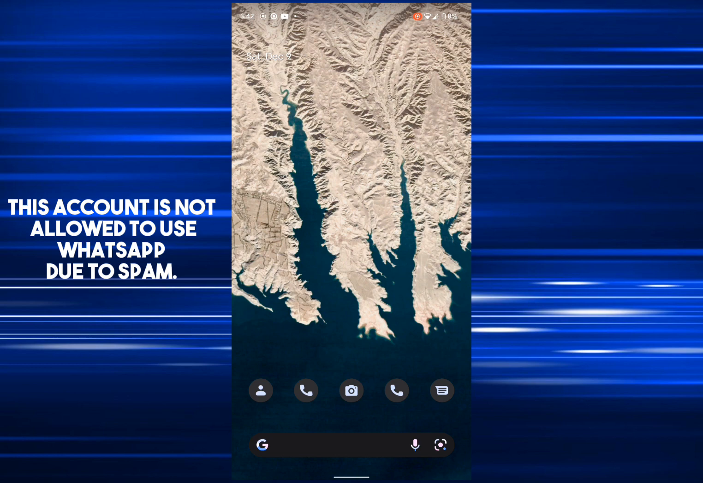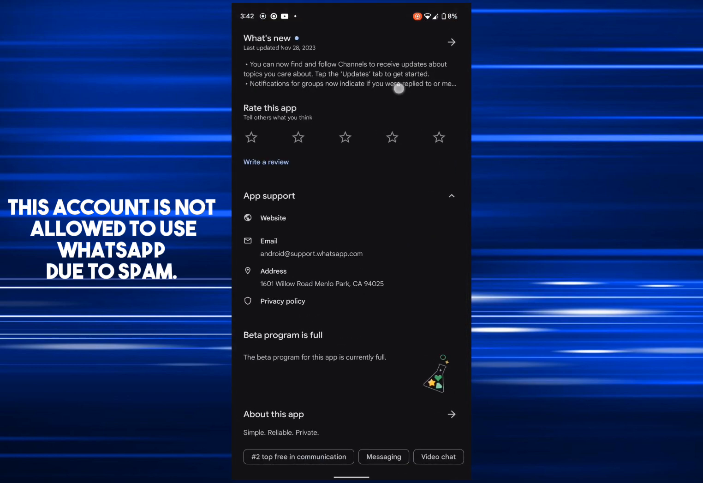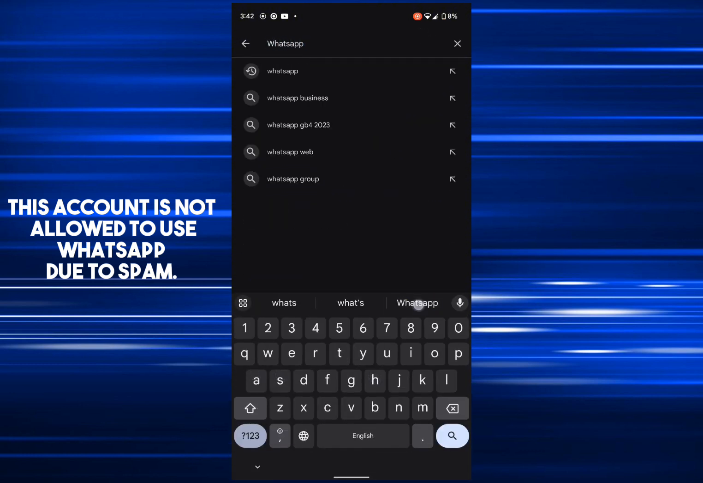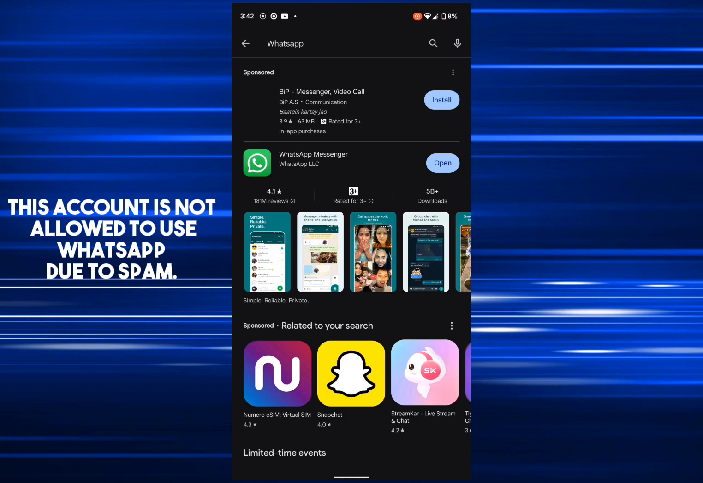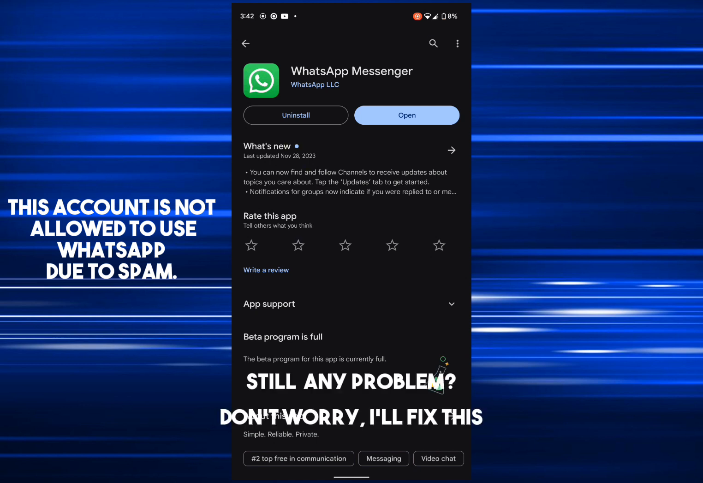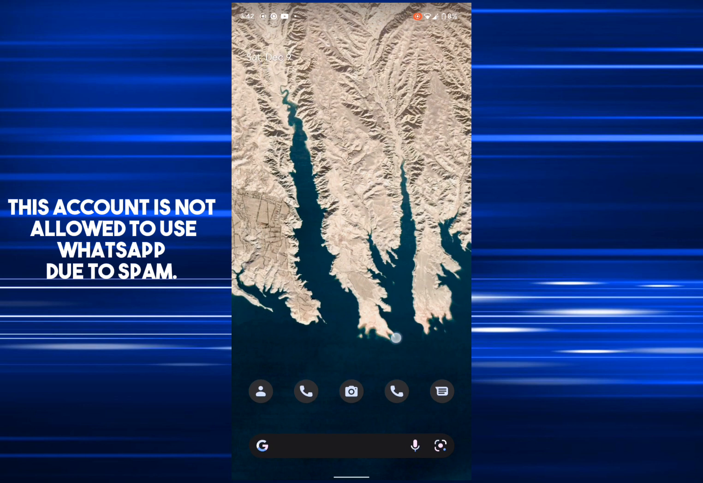Just go to Google Play Store and search for WhatsApp. Then click on uninstall and try to reinstall. It would fix your issue. If there is still any problem, then go back to any browser,